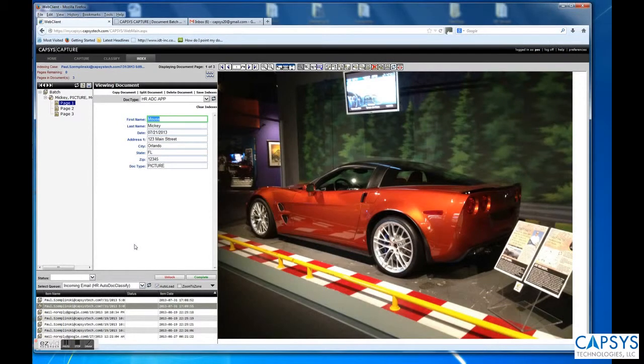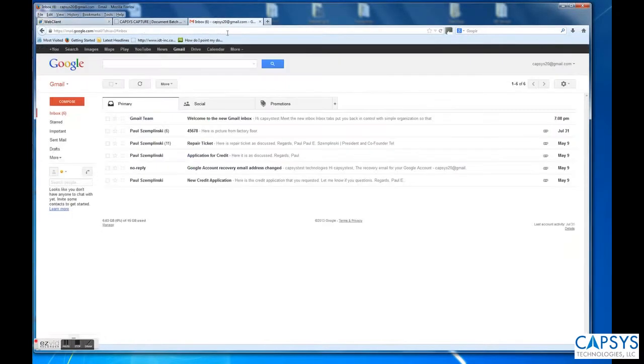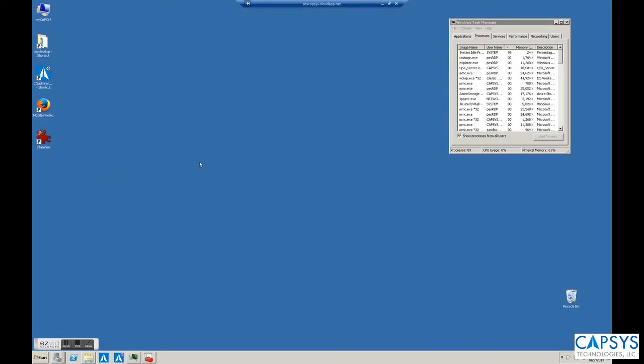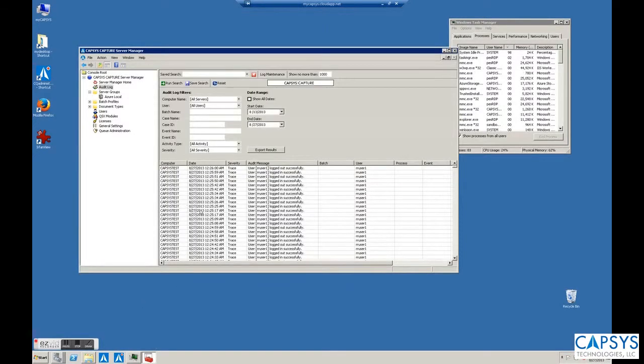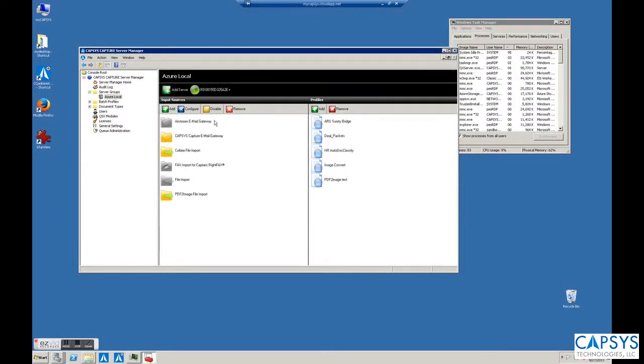Hello. Today we're going to take a look at how we can take ordinary email that comes from systems such as Microsoft Exchange or Outlook, Google Mail, Yahoo, any of the number of independent email system providers out there, and transform that email into a document, image, and associated index information for use within a content management, enterprise content management, or workflow type system. So to do that, we want to introduce a module into our CAPSYS system called